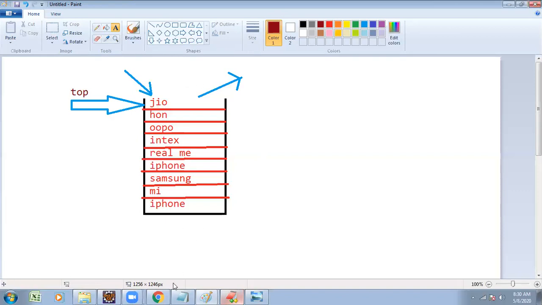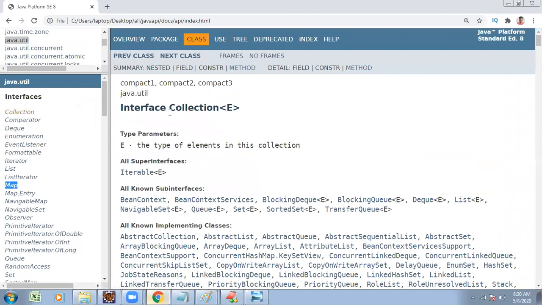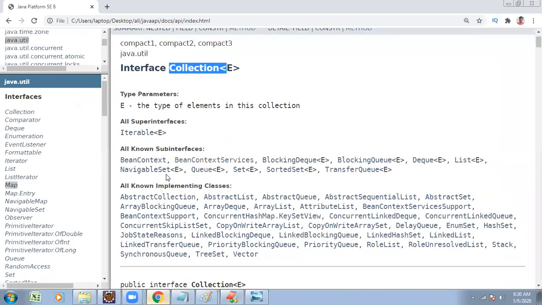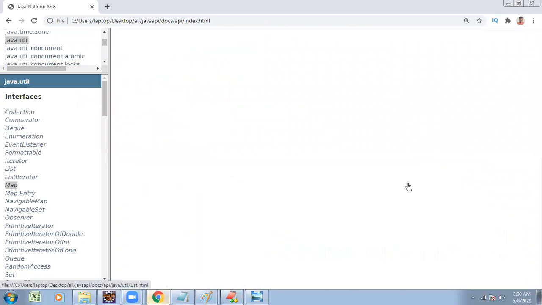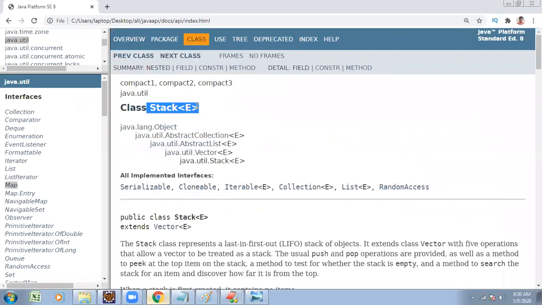Here observe this class name. Under the collection interface, the sub interface is list. Under list interface, the implementation class is stack. Java.lang.Object, then AbstractCollection, then AbstractList, then Vector. The Vector class's subclass is Stack. What is the superclass for Stack?